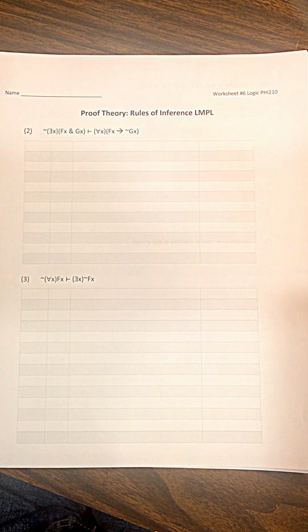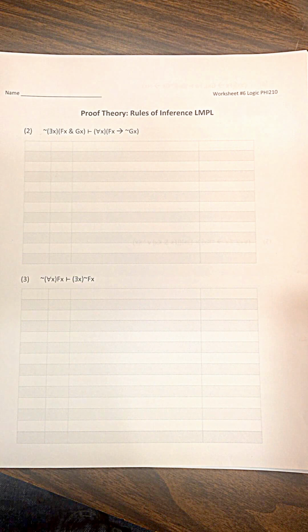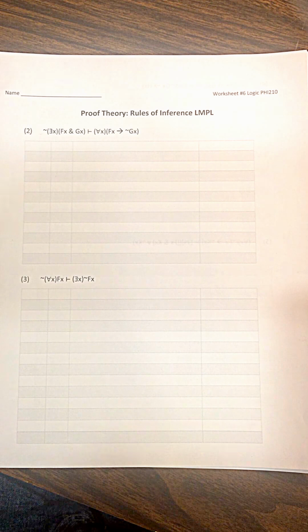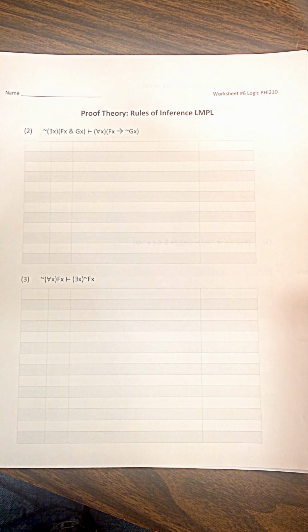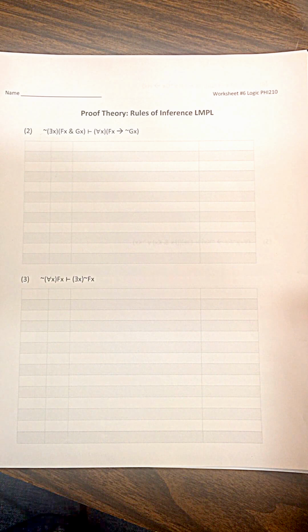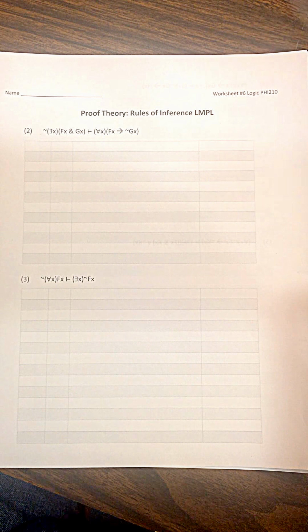Okay, in this section, what I'm going to do is show you how to do the proofs of our new system, language of monadic predicate logic. So we've gotten three new rules: existential introduction, universal introduction, and universal elimination. So I'm going to show you how to execute those rules and how to solve